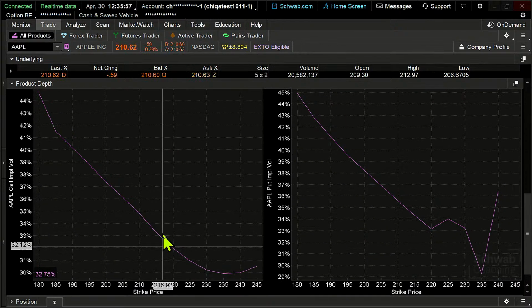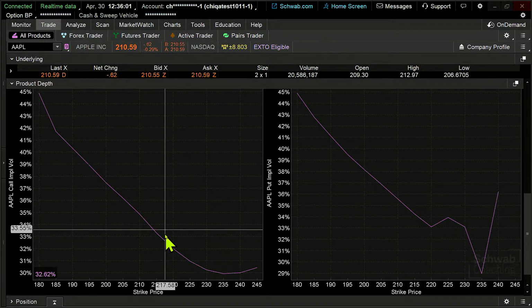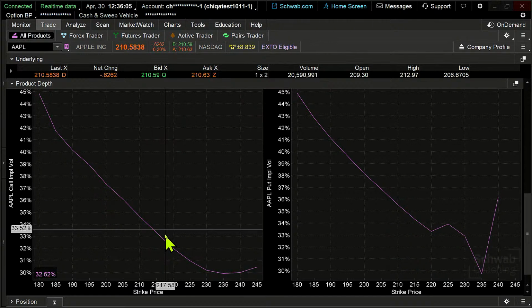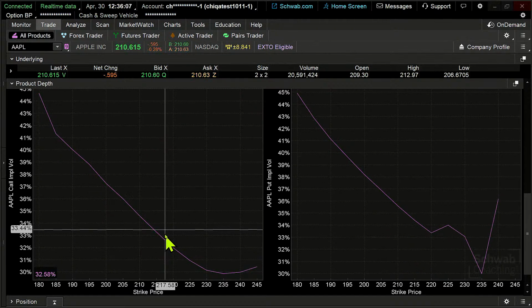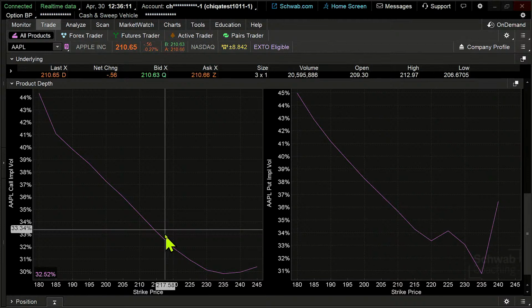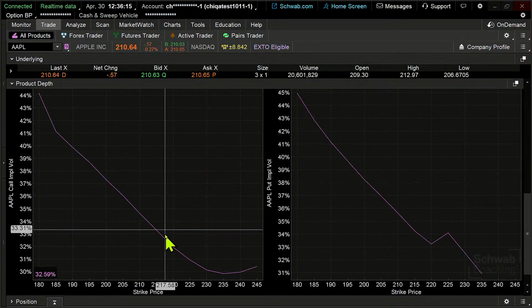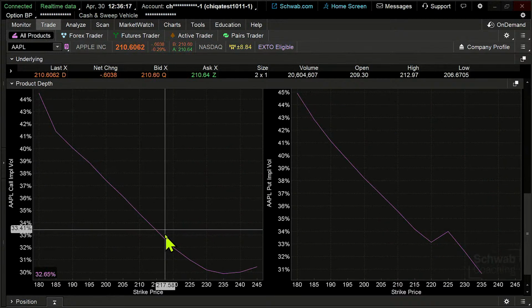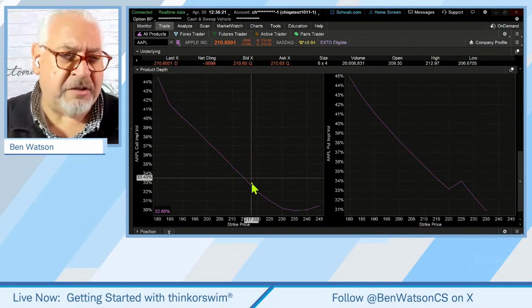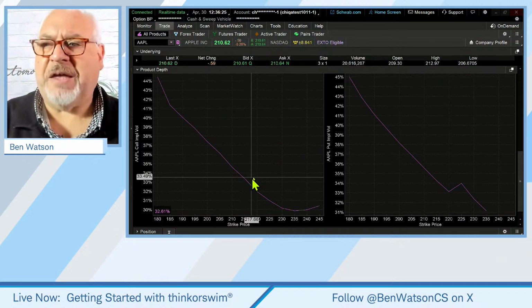But you can see on the call side and on the put side, there might sometimes be a little bit of disparity between implied volatility for the calls versus the puts. This is where you would also see implied volatility skew if puts are priced more heavily than calls. That can give you an idea that maybe put buyers are buying those options. Or if calls are priced more heavily, that call buyers are leaning into perhaps speculating.